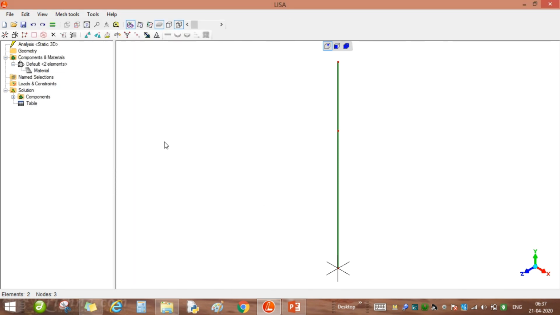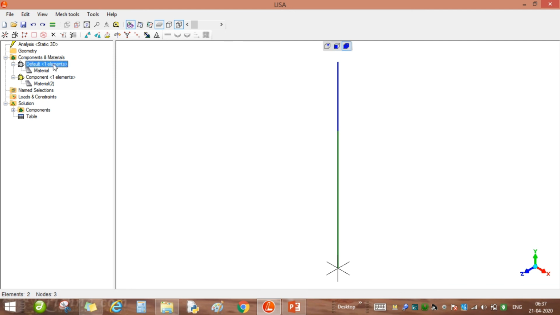So this is for material number 1. Now we can select this material and add the element to a new component, and we have assigned it here. So this particular element is assigned this material, and this element will have these properties.